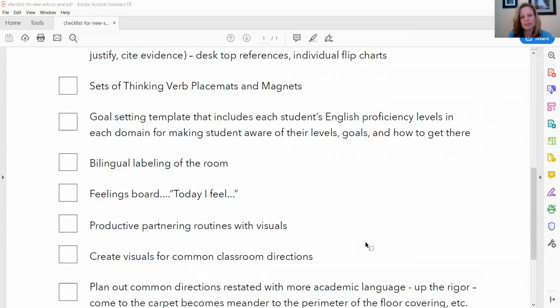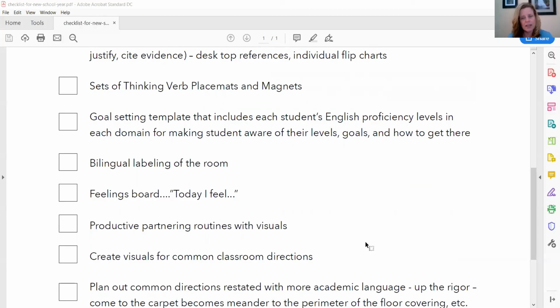Creating visuals for common classroom directions. The line up, get a pencil, get your homework out, put your things away, whatever it is that you do in your classroom every day. Make sure that you have some kind of visual agenda, whether it's an anchor chart, or a card on a desk, or something in the front of their notebook where there's a visual step-by-step of what happens in our classroom